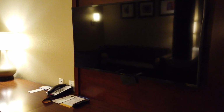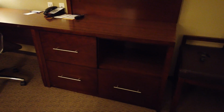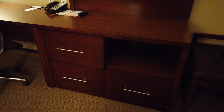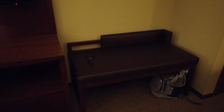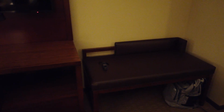And then in between the two on the other wall, we have the TV. Samsung HD TV with HD channels. I think it's cable or something like that. And I have a few drawers right over there, and like that built-in storage area. And then over here we have what looks like a bench, but it's more like another place to put things. I guess you can use it as a bench, but you can also put your luggage on it and other